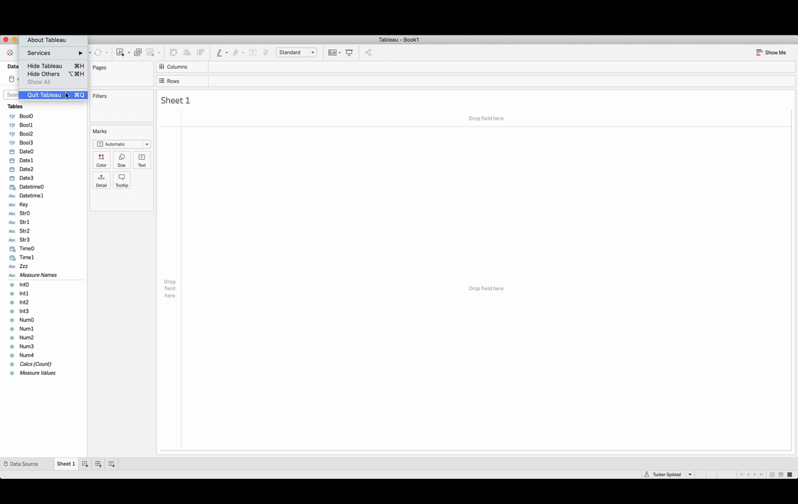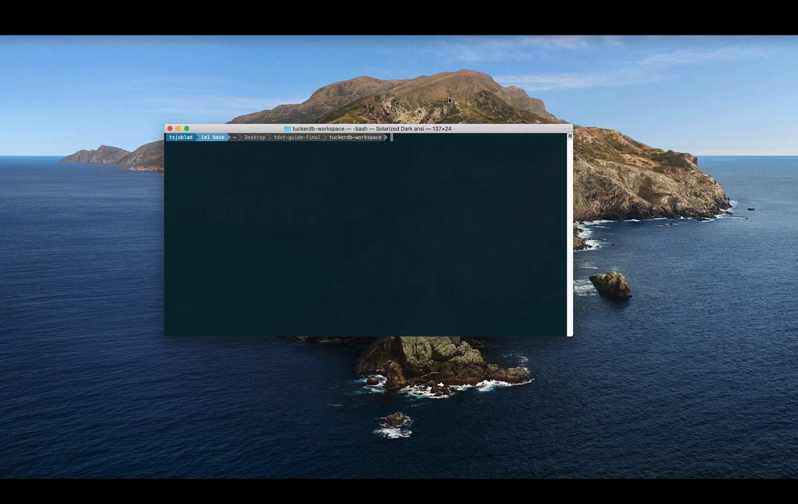And for now, we can actually quit Tableau Desktop. Okay, so we're back at the command line, and we can see that if we navigate to the TDS folder of our workspace, we've got these two data source files that we created with the specific suite name right here, TuckerDB. In this case, you're going to name it whatever you'd like, whatever's appropriate for your database. But we want to be really careful to make note of this naming convention,